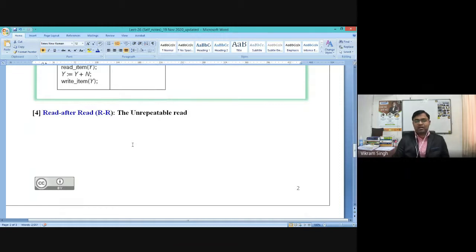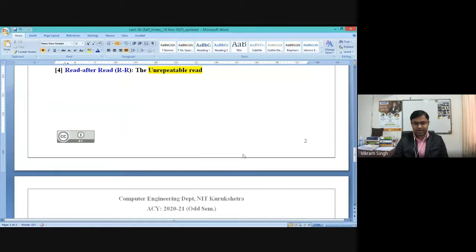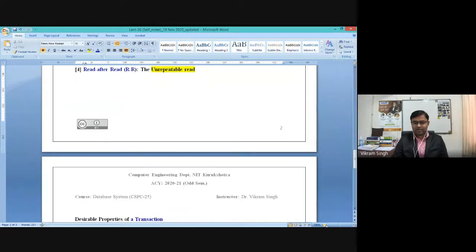The last possible case is that all the concurrent users are simply reading the value. They are not performing any write operation, right? So it is called read after write, where you have many accesses on a data item just for reading it, not modifying it. That is also considered a problem, referred to as the unrepeatable read problem. That is also a situation we need to avoid as a database designer, right? So these are the four possible reasons of conflict.